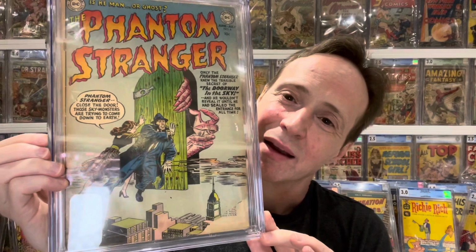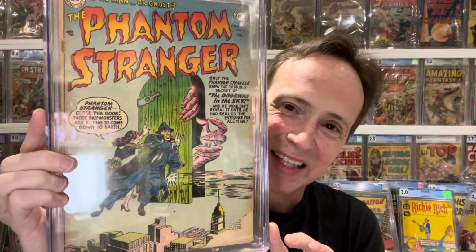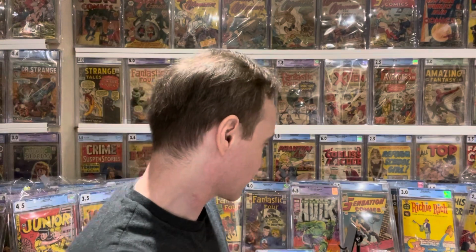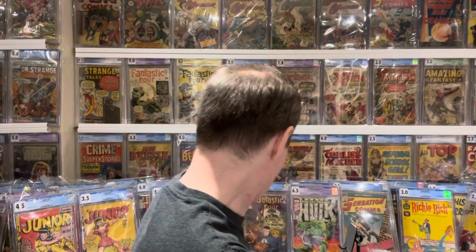So this is Phantom Stranger number 6. A nice Golden Age book from 1953. And yeah, I don't know. I just really like it. I like these kind of monster hands attacking people. So that's that one. Okay,